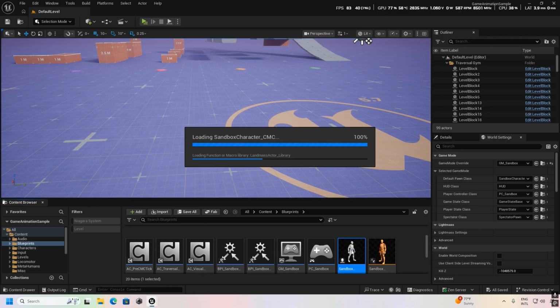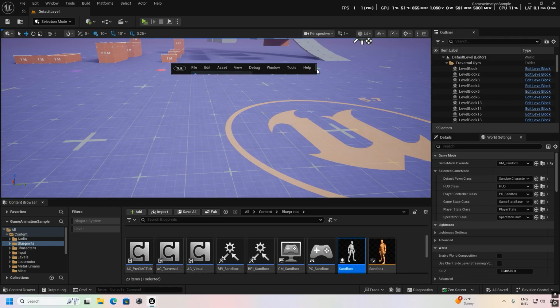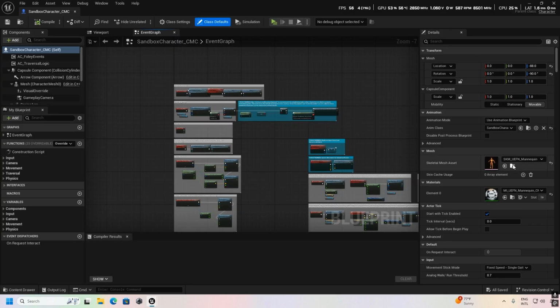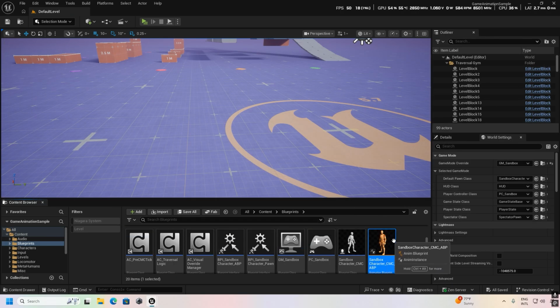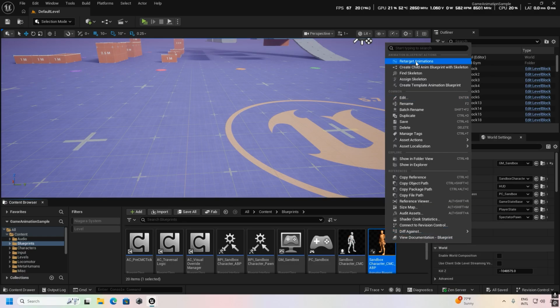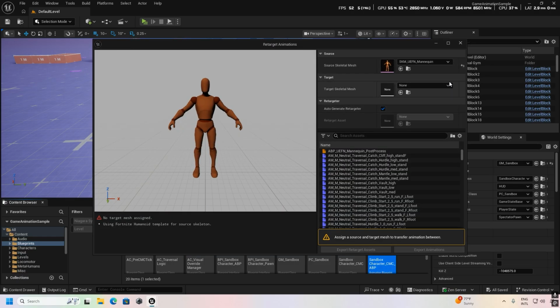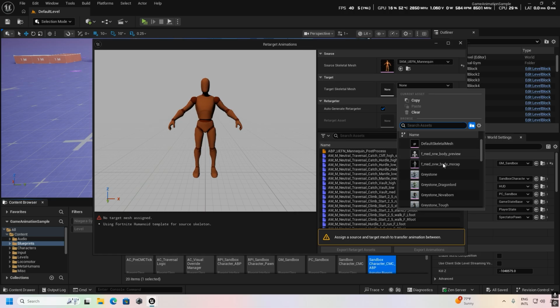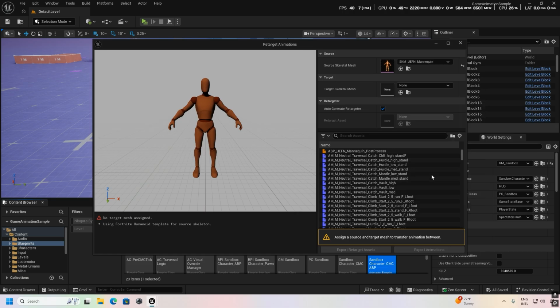Yes, my guess is right. This is the animation blueprint, so we retarget it. Okay, retarget animation, we select our Greystone character.